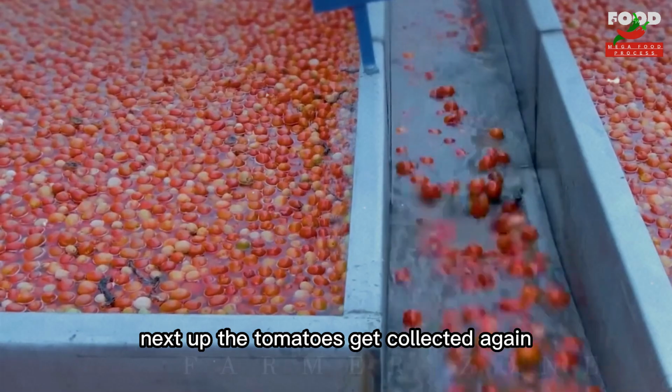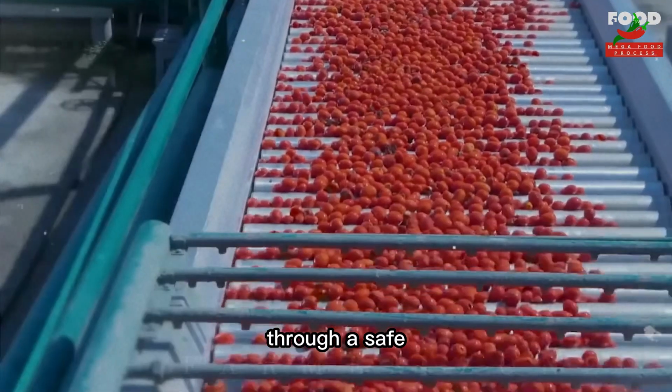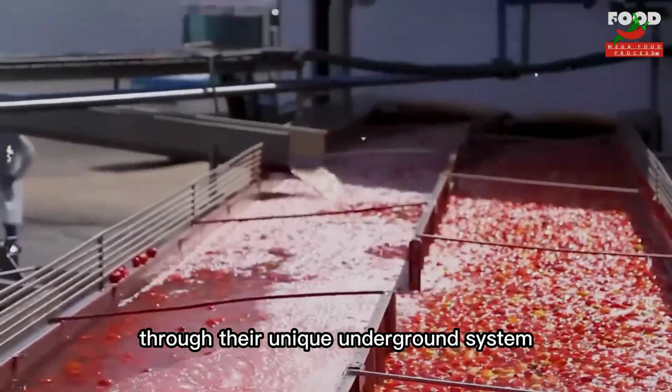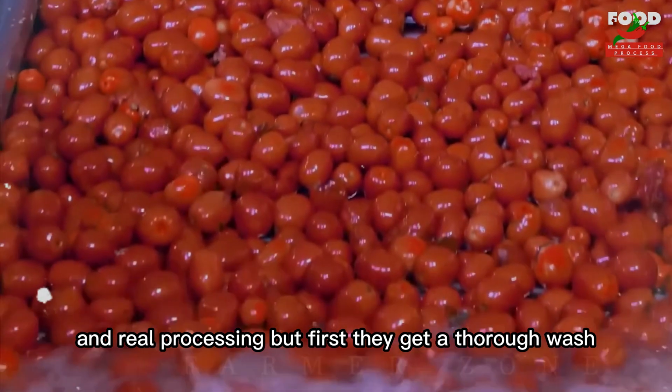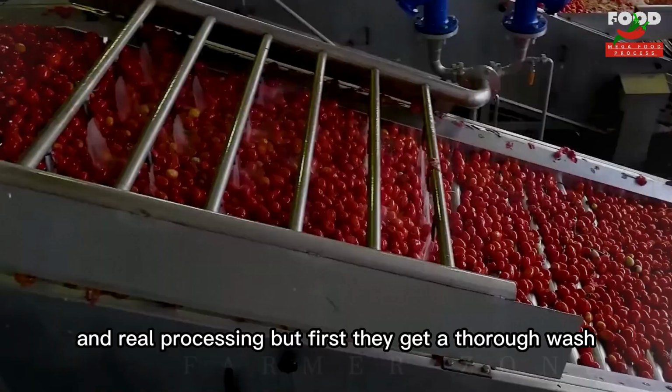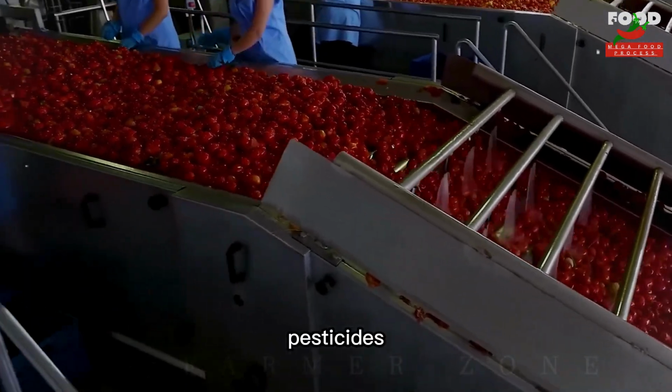Next up, the tomatoes get collected again through a safe. The tomatoes are transported for further washing. It gets rid of any leftover dirt, pesticides,